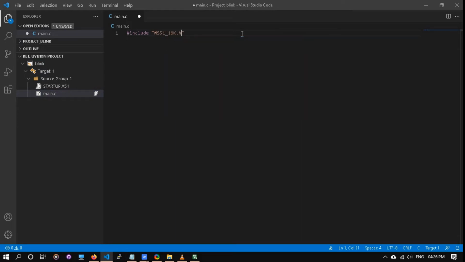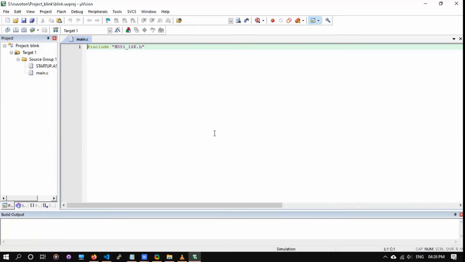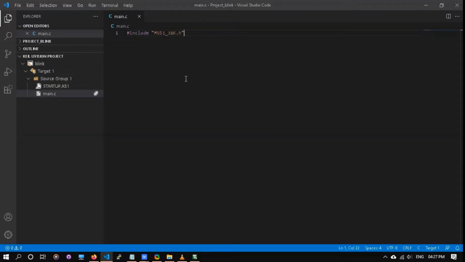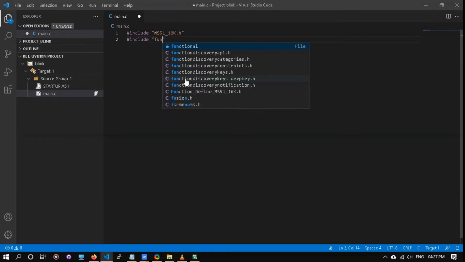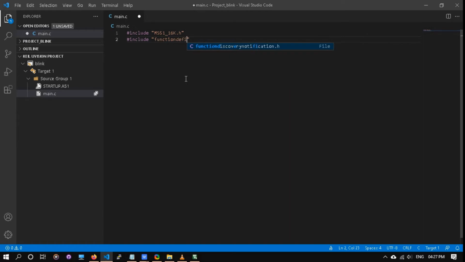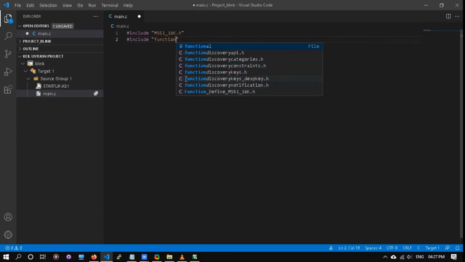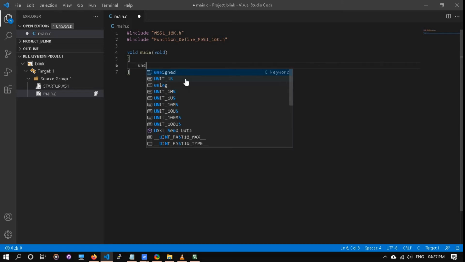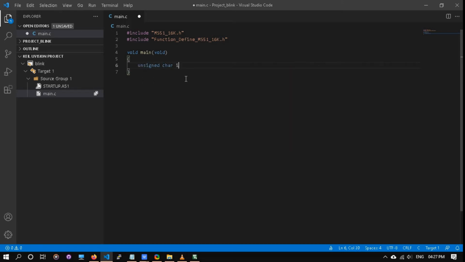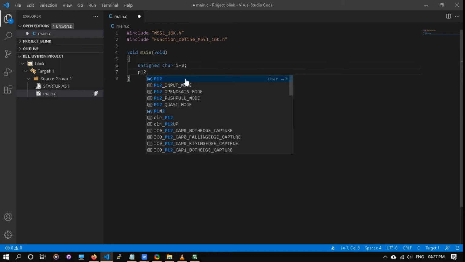Add the libraries. Then we write a simple Blink code program. There are 4 modes for a pin.